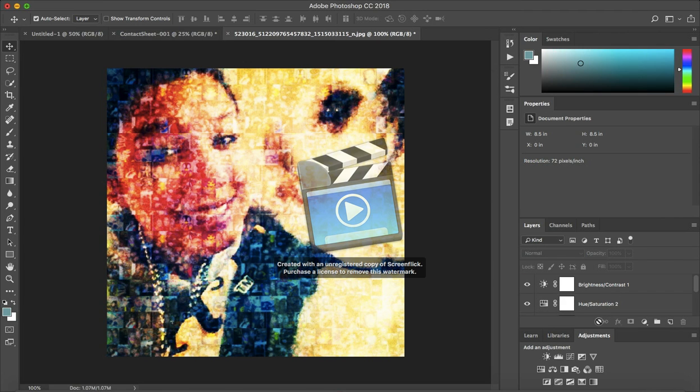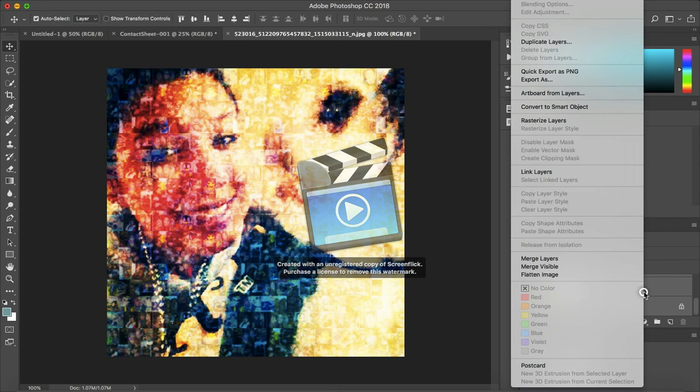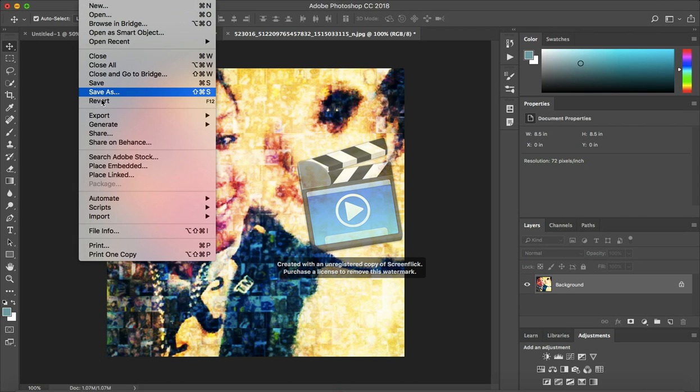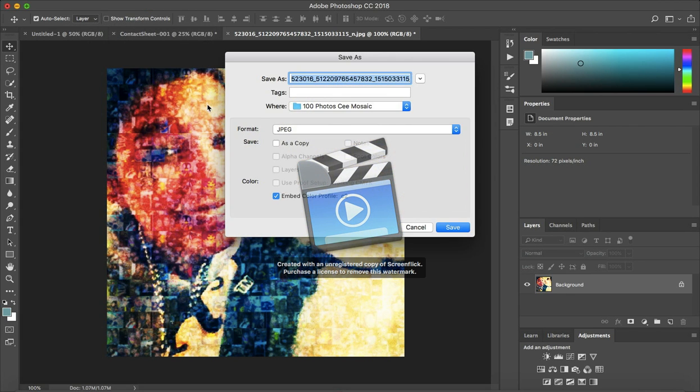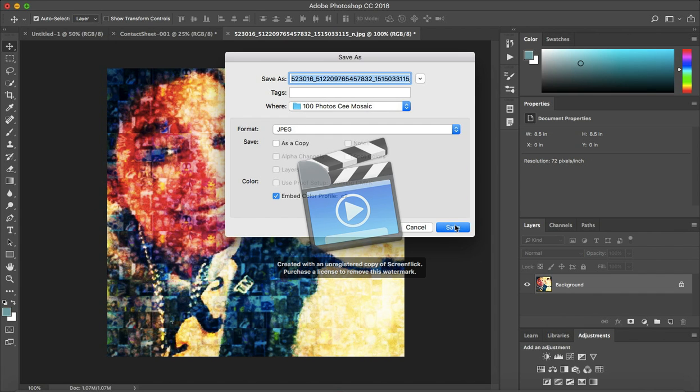When you're done, you're going to want to do the same thing where you're clicking on that top layer, scrolling down to the background, and flattening the image so that it's all one image. Then you're going to go to File, Save As, and you're going to save it as a JPEG once you're completely done. If you think you need to work on it again or you need a couple more days, go ahead and save it as a Photoshop file so that you can come back to it tomorrow or you can go back to it later and continue working on it. But once you're done, save it as a JPEG, click Save,